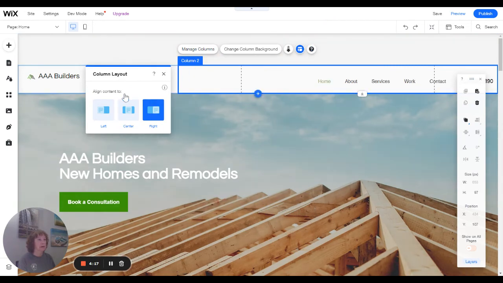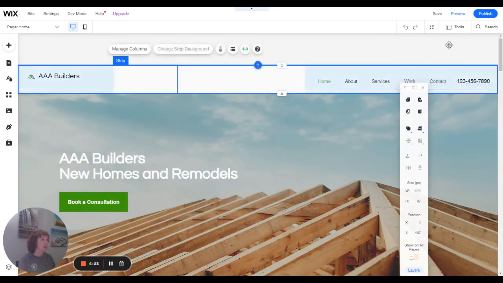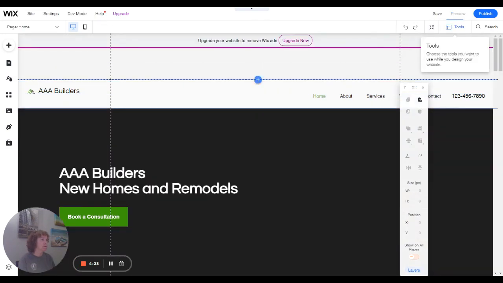I'm going to right align it. So now anything that's in between here is going to get smaller for the smaller screen, but anything within these guidelines will stay the same. So if we preview